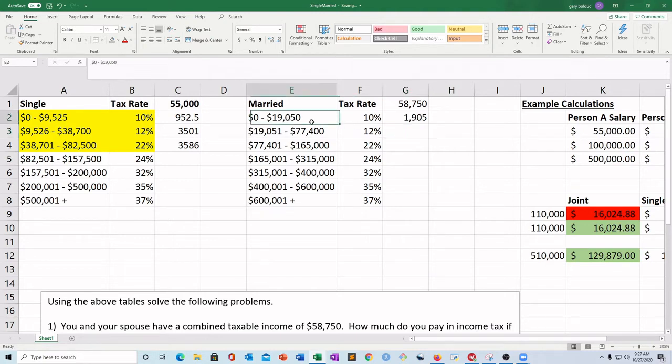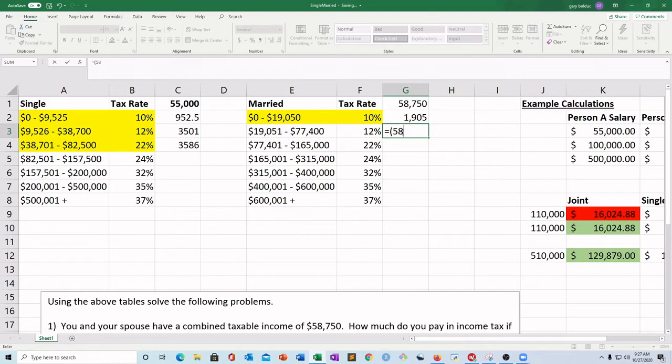Okay, so awesome. We've knocked this one out. We got it. Keep moving on. $58,000 spills over into this bracket. Doesn't fill it up, but it spills into it. Okay. So then we have to figure out, all right, well, how much does my money fill up this bracket? And so what we do is we take the amount of money we have and we say, okay, we're going to fill this bracket up, but wait, don't fill it up all the way with my money because I've already been taxed